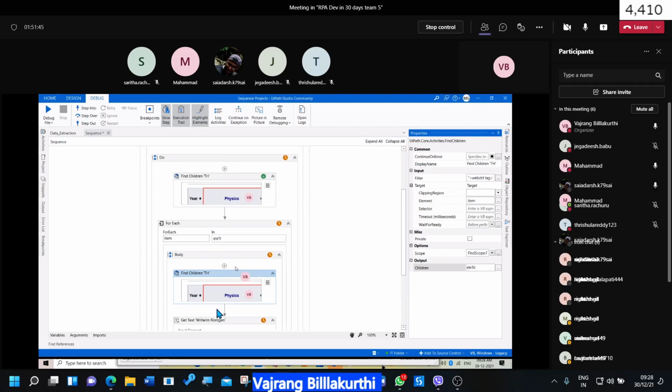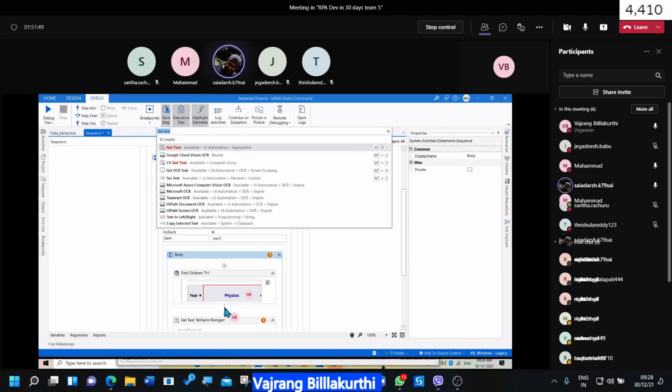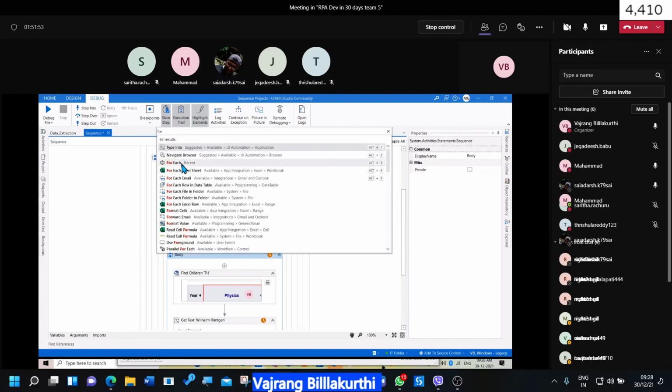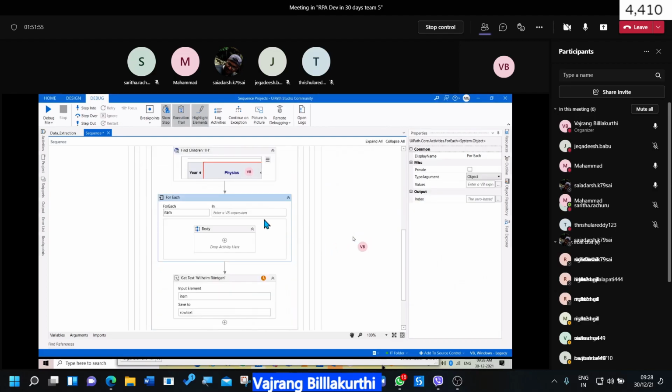Again, the same concept. Keep a for loop for this. For each. In this for each, again, the object will be, what is the type of the object? Again, it will be UI element.